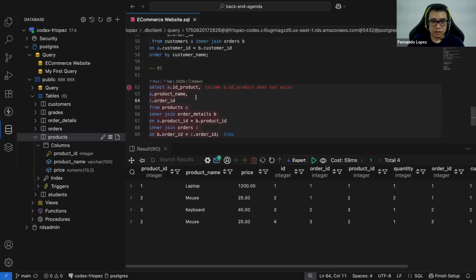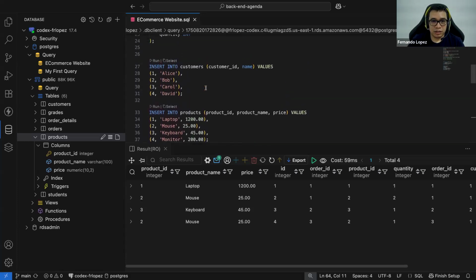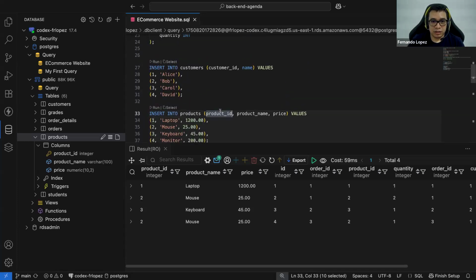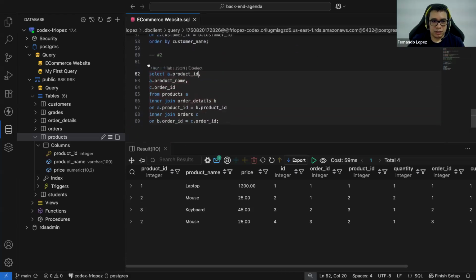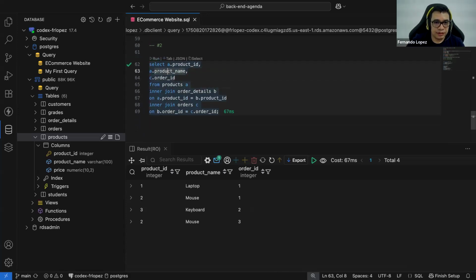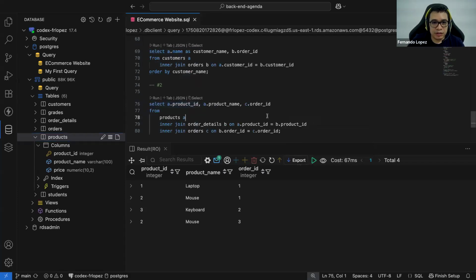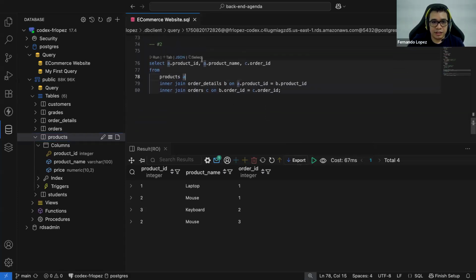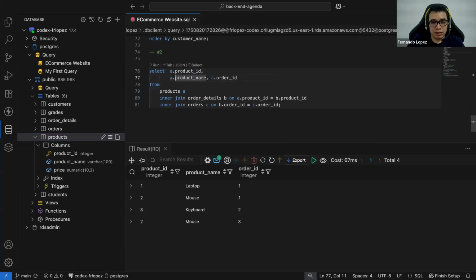Let's run this. Let's see. It's product ID. Okay. Let me prettify this. I think we can format it. Format document. Yes, we can. So we can prettify the code.